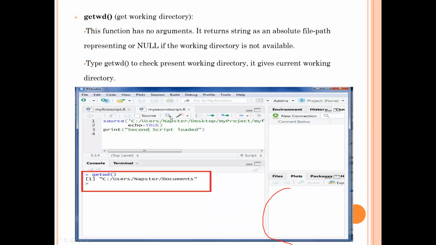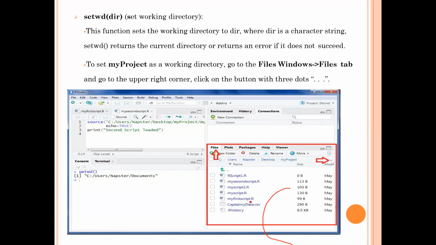So as we are setting the directory, there is getwd, get working directory. No argument is to be passed, and we get the full absolute path, which will return where my script has been stored. This is what getwd is there for, to check the working directory or working path of your file. Then there is setwd, set working directory. The function sets the working directory to dir, meaning whatever directory you are working in. If you sometimes forget where your working directory is, you can use setwd to set it, and getwd to retrieve your current directory.